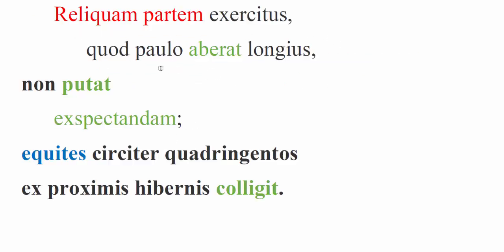Okay, so here we come to the end, and when Caesar moves, he moves fast. The remaining part of the army, yes, what about the rest of the army? Well, because it was, that is to say, the rest of the army was further away by a little, another ablative of degree of difference with a comparative adverb. All right? Because the rest of the army was a little further away than these three men that Caesar wrote letters to, Crassus, Fabius, and Labienus, Caesar, he's been the subject since he started, Caesar did not think that,